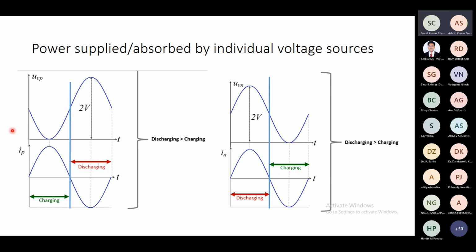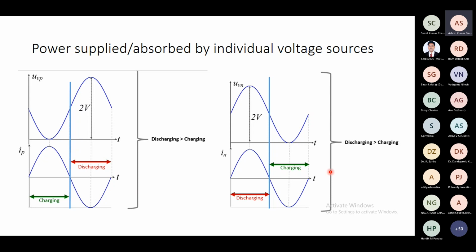If the system is supplying current outside, if the output current is feeding a load, or I mean to say the load is positive, both are discharging. What about a leg? A leg is also always discharging, because a leg is the sum of this upper arm and lower arm, and we understand that discharging is always more than the charging. So if you add them up together, discharging is higher.